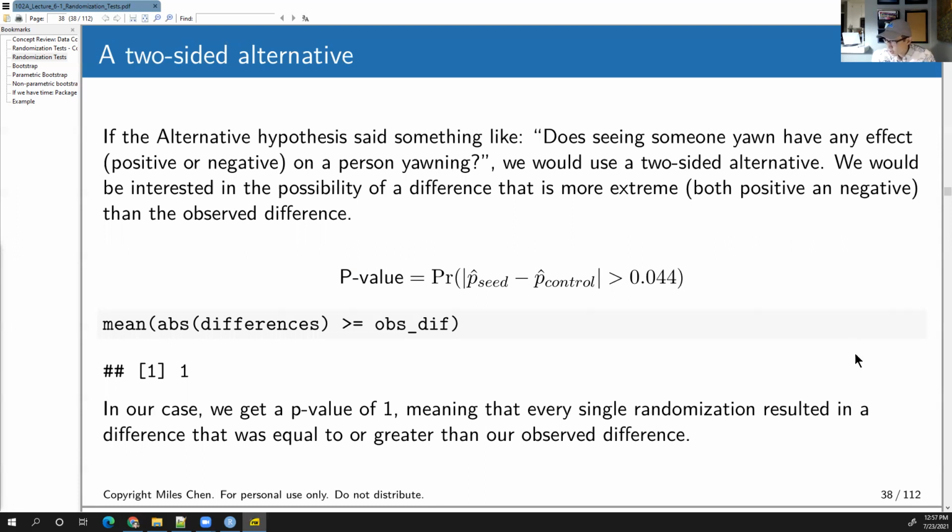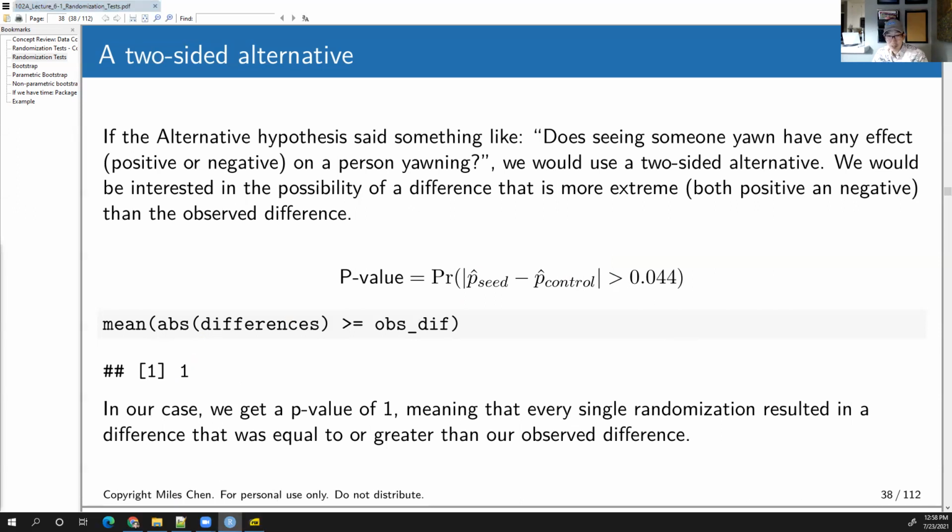In this case, we would look at the absolute value of the difference. So we'd be interested in positive differences or negative differences. And we ask, what proportion of these absolute values of the differences are greater than or equal to the observed difference? It turns out all 10,000 out of 10,000 of them ended up with a difference greater than or equal to 0.044. So we're getting a p-value of 1. A p-value of 1, is that even possible? Yes, a p-value of 1 actually could happen, or in our case, is the result,